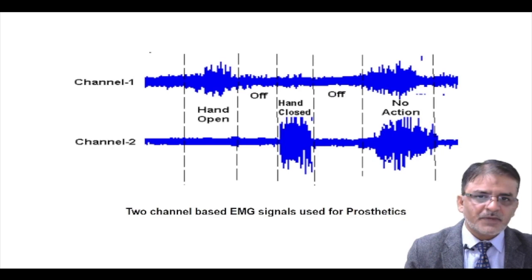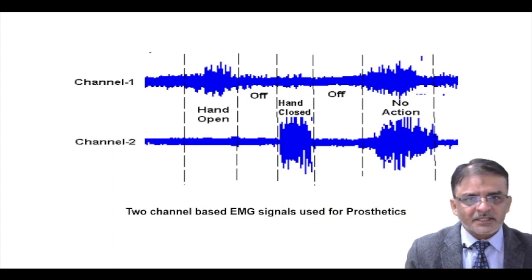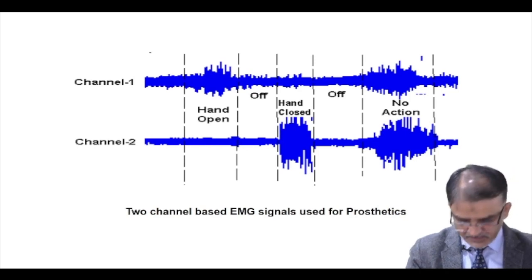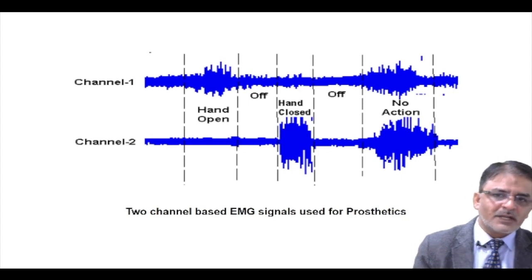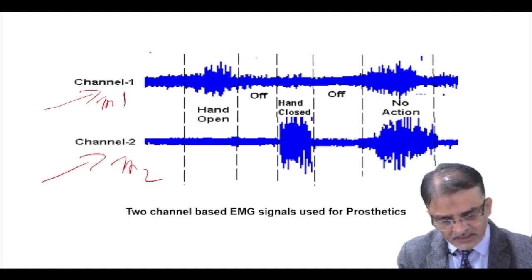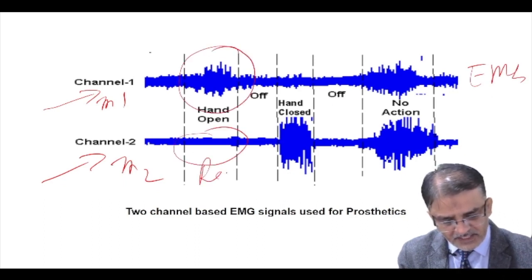In some of the studies we have used the EMG signal as a support signal for prosthetics, for rehabilitation, for developing assistive devices. When we develop assistive devices, we try to take advantage of different strategies. One strategy is that we can take signals from two muscles, muscle 1 and muscle 2, and if the EMG activity of one muscle is in a high zone and the other one is in a resting phase, we consider it a hand open operation.